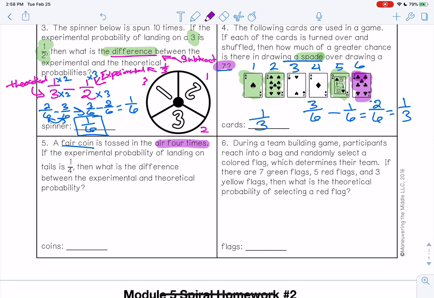If the experimental probability of landing on tails is 1/4, then what is the difference, there's that word again, between the experimental and theoretical probability? So remember, difference means to subtract. And in this case, we're subtracting, once again, the experimental from the theoretical. So experimental minus the theoretical. Okay? Or actually, no, I'm sorry. It's going to be the theoretical. Well, let me show you what's going to happen. So the experimental